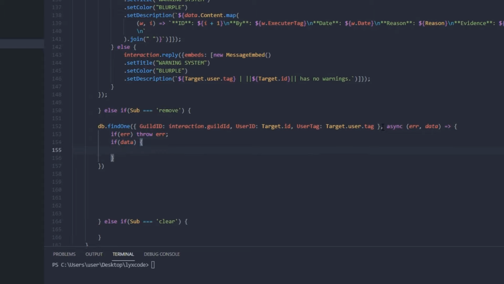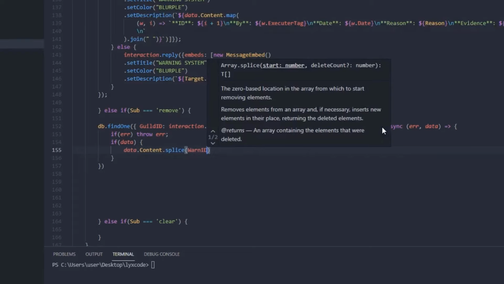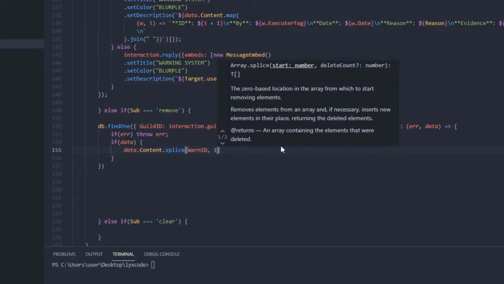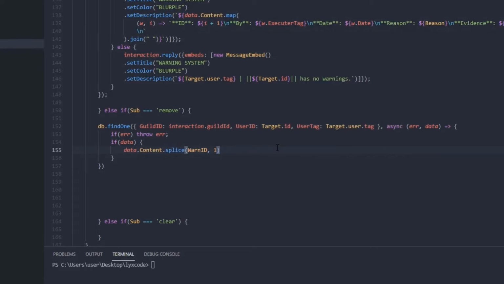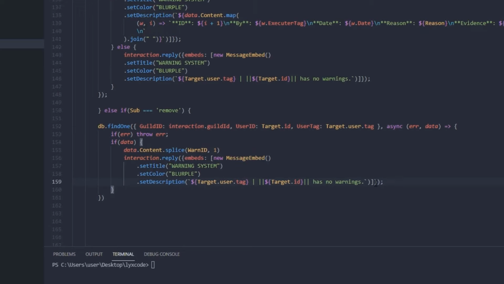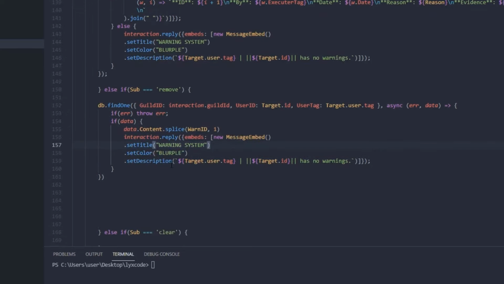So if we find data, we're gonna splice the data. We're gonna remove one warning. So we're gonna type data.content.splice. We're gonna splice the one ID one only. We're gonna only splice one, and here we're gonna create an embed. Let's copy this one right here and type. Let's move it one more line backwards. Type